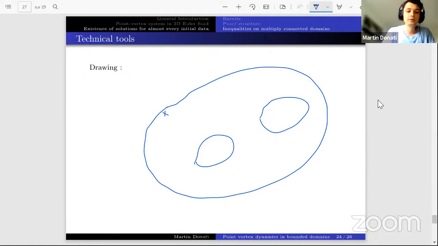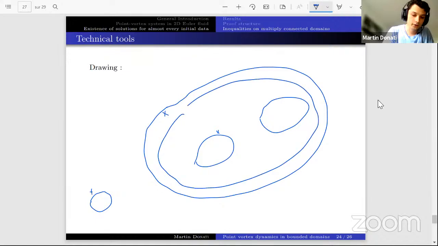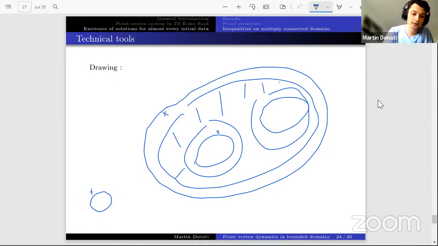We say if we are close to this boundary, it looks like a domain without holes, and this we deal with using conformal maps. If we are close to an inside boundary, well, it looks like the domain without the other boundaries. So this time it is the exterior of some simply connected domain. Again, we deal with it with conformal maps. And the in-between doesn't cause any problems since in here there are no singularities of the Green's function. So this is at least for the problems caused by the boundary.